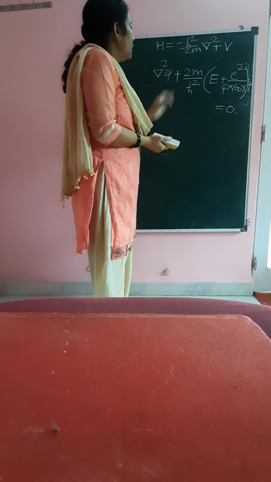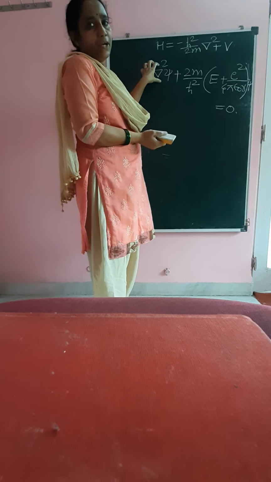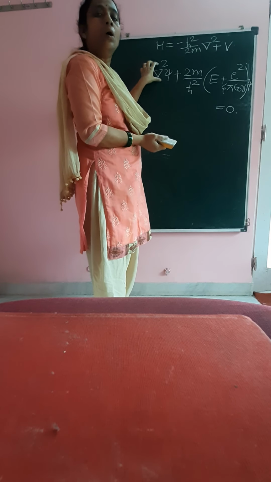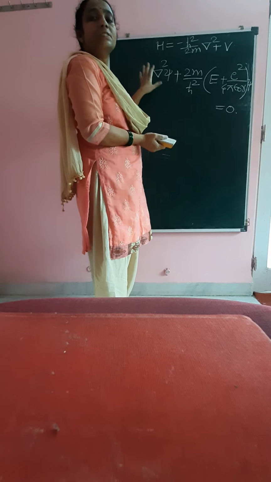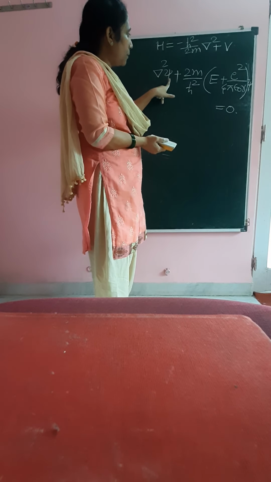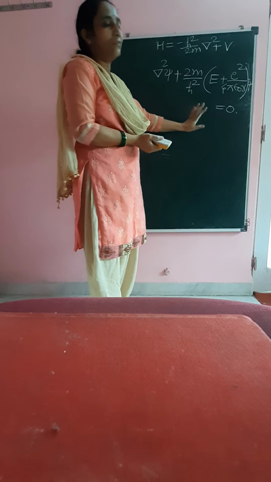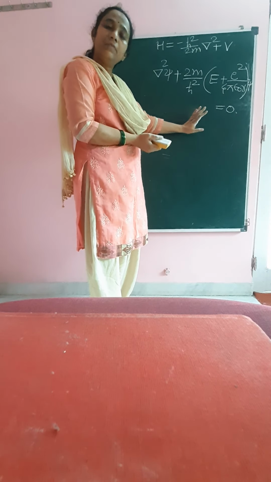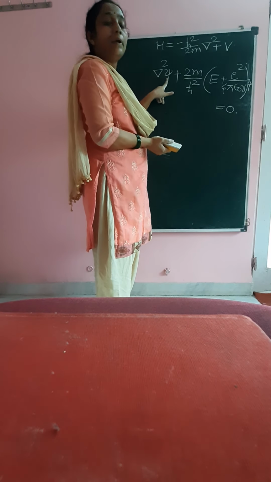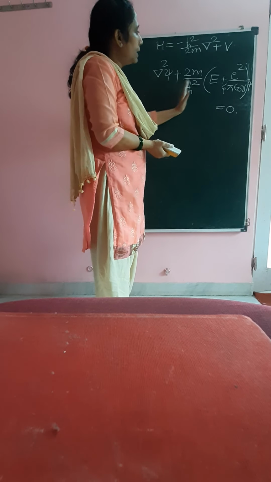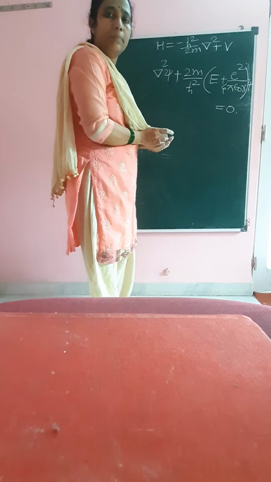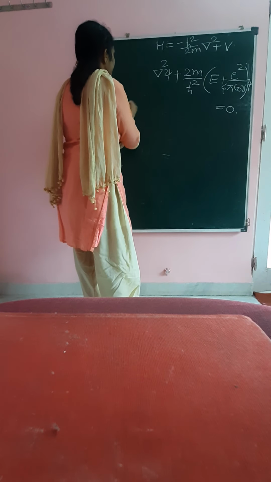So now this is our Schrodinger equation for hydrogen atom. Okay. Now we already have that del square term. So what we will be doing now? We will be using the del square term in r theta phi, means spherical polar coordinates, and it will be operated on psi. So that whole equation, the earlier equation, we will be using, and it will be operated on psi. So that will be the whole equation.